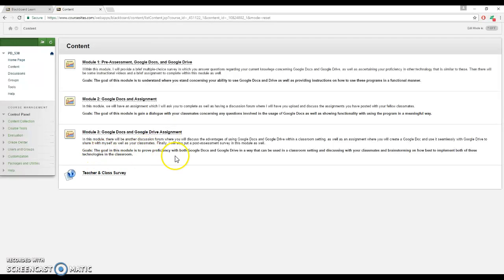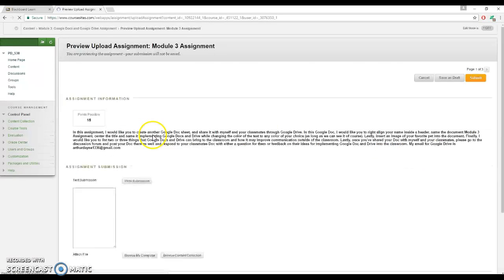And then this goal is to prove proficiency with both Google Docs and Google Drive in a way that can be used in a classroom setting, and discussing with your classmates and brainstorming on how best to implement both of these technologies in the classroom. So if we click on that,